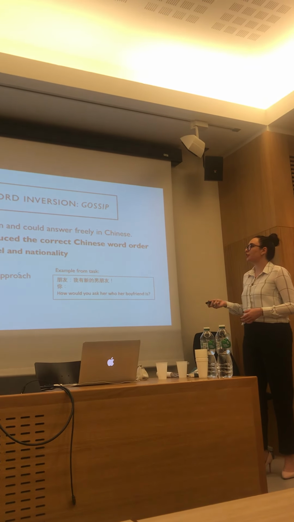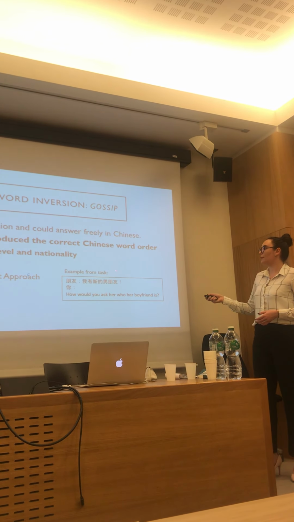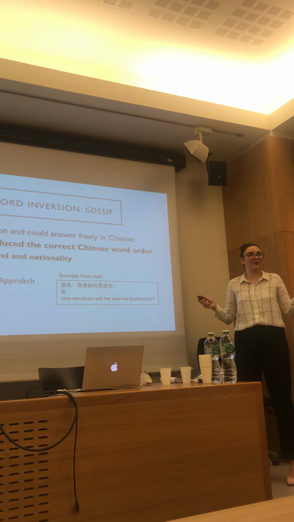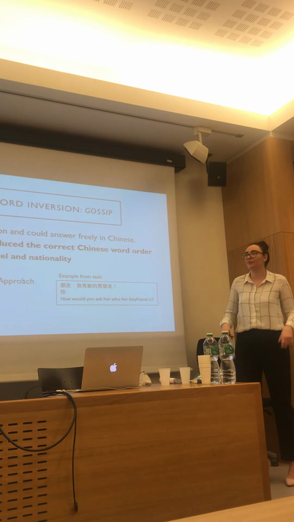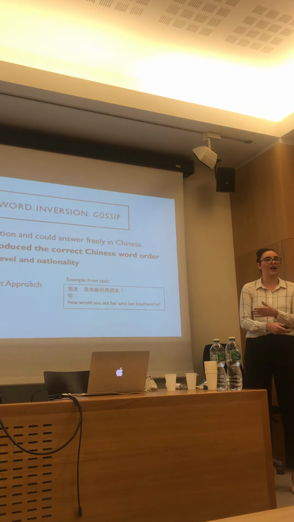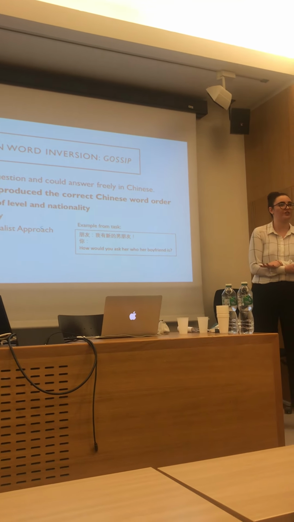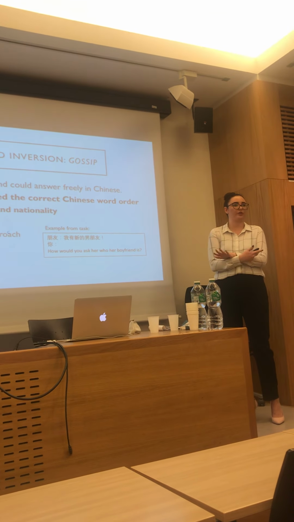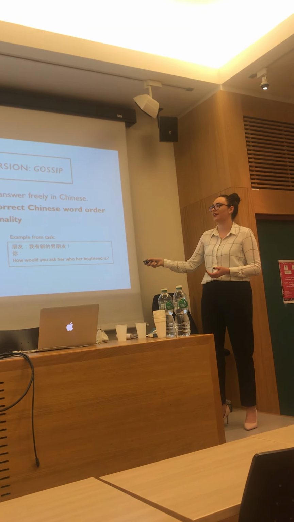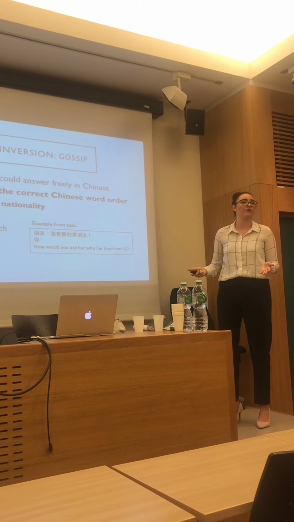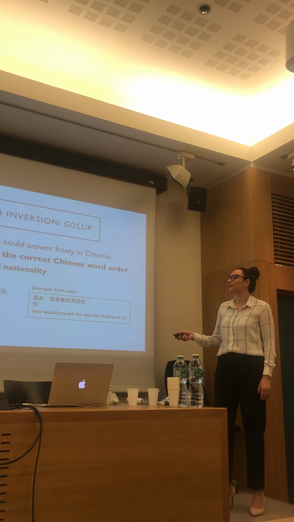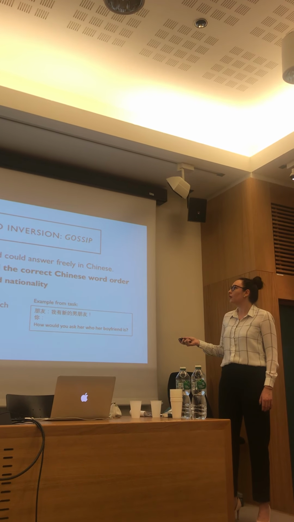For the question word inversion, this was a scenario where I basically wrote something like, you are gossiping with your friend and you want to ask her who her new boyfriend is. He's not there. So in this situation, how would you ask who her boyfriend is? This would result in a flip translation, using the opposite grammatical construction than English. I wanted to see if they would produce the flip translation, and they did. 20 out of 22 students responded with the correct Chinese word order, again independent of level and nationality. Doesn't matter if they're Australian or American, intermediate or advanced. Again, it follows what I predicted.